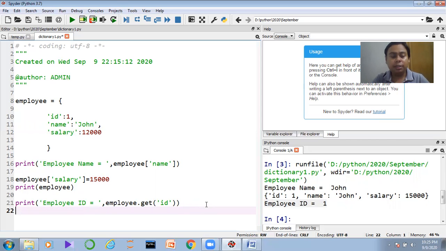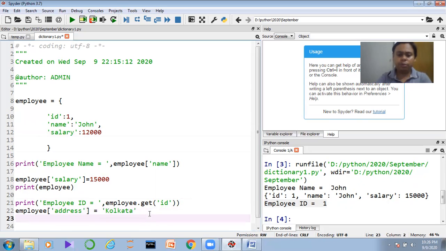That is fine. Now guys, if I want to add any kind of data at runtime, not design time, suppose I want to add the address of the person. I define the address like this: address, let us take Kolkata. Kolkata is the address of this person.